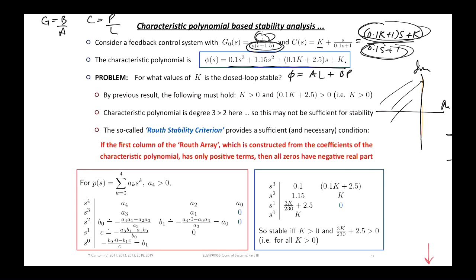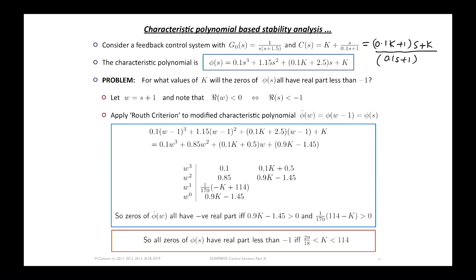It's telling us when it lies to the left of here. We might be interested, for example, when do the zeros lie to the left of a line parallel to the imaginary axis that intersects the real axis at -1,